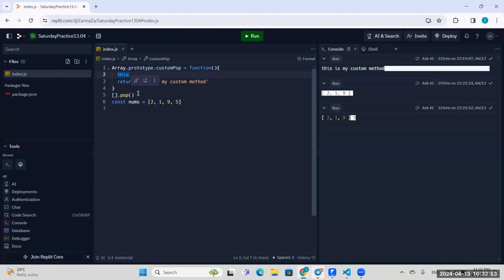And which is this object in this case? Array prototype is our object, right? Yeah, so inside the function, not, by the way, old school function, not arrow function, because arrow functions work a little differently. So inside the function, this will refer to an object that you're using in order to call this function, if that makes sense. So for example, in this case, it will refer to an array that you're using to call this custom pop